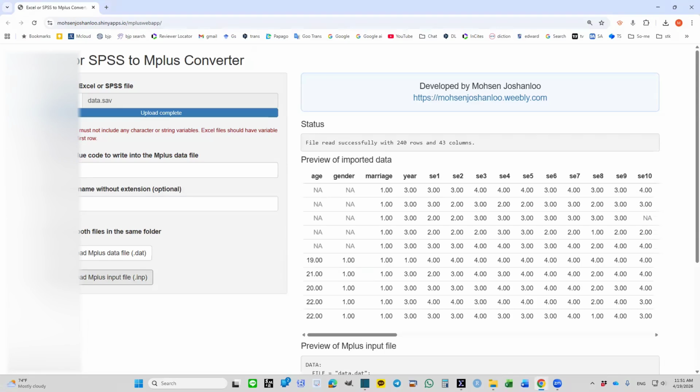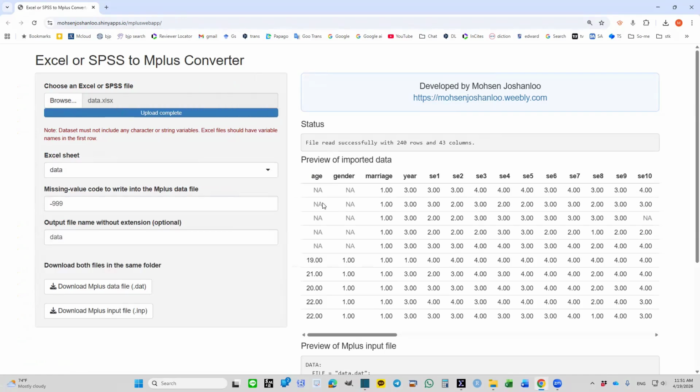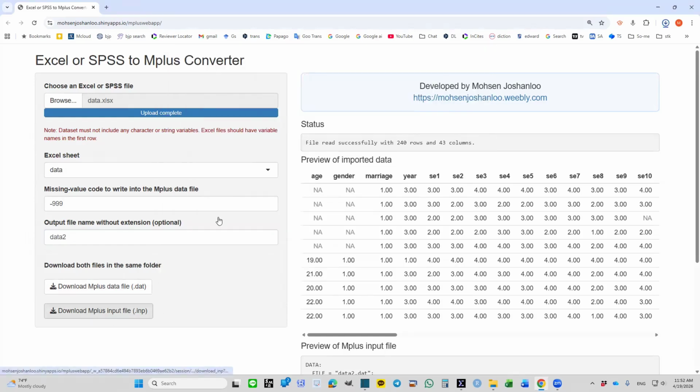Let's also convert this file into an Mplus file. Upload the Excel file and wait for this message. File read successfully with 240 rows and 43 variables. Now this time, let's try giving it a different name, data2. Download the data file and input file